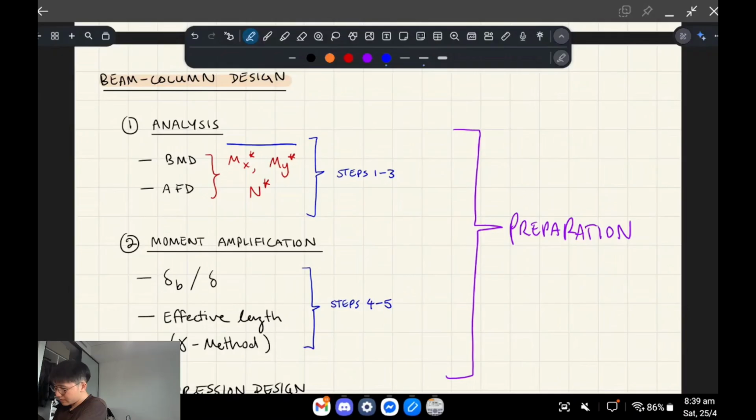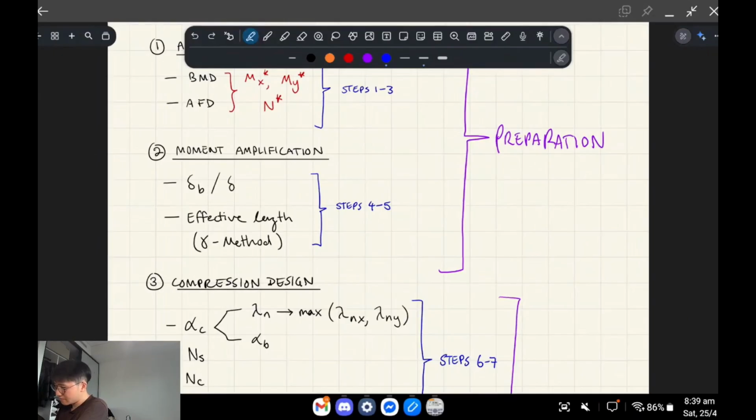So step 1 is basically find the bending moments and axial forces, okay? Sometimes it's given to you already. Okay, step 2, oh, that should be S there, anyway. You basically have to find these factors, the moment amp factors, and then this may or may not involve